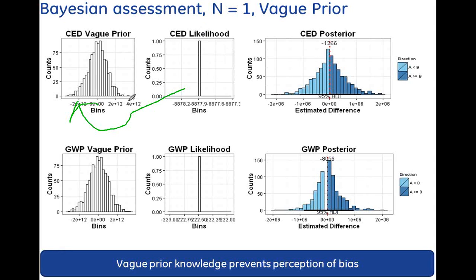And here's my vague prior. Look at the spread, minus e to the 12 to plus e to the 12. Very vague distribution. I'm just saying I don't have a lot of information about my model at all. Mate these two together. The prior dominates, and you can at least get a semi-informed idea of your central tendency, but you're also going to incorporate the fact that you don't know a lot about what's going on with your model. Same thing happens with the global warming potential.